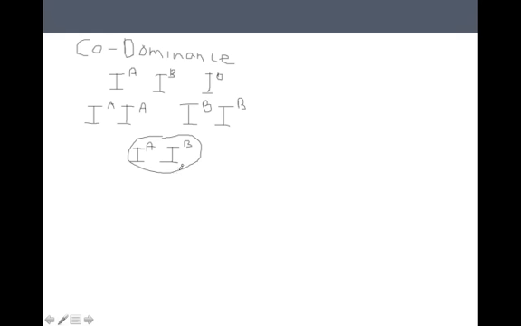To understand that better, let's think about if this was a dominant phenotype, how we would look at the phenotype. If A was dominant over B, this person's blood type would be A. If B was dominant over A, they would have blood type B. But we know that neither one of them is dominant over the other. They're also not incompletely dominant. They don't share the phenotype like you see in incomplete dominance where you get this blending. They are both fully dominant,